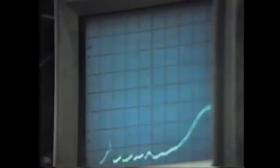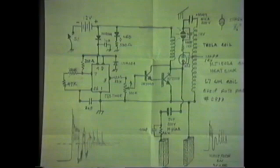But that's exactly what's coming out of the electrodes, is that high potential with this spike with all these resonant peaks on it. Now what I've done is put the schematic diagram to this machine on the board. This can be stopped and blown up, but basically